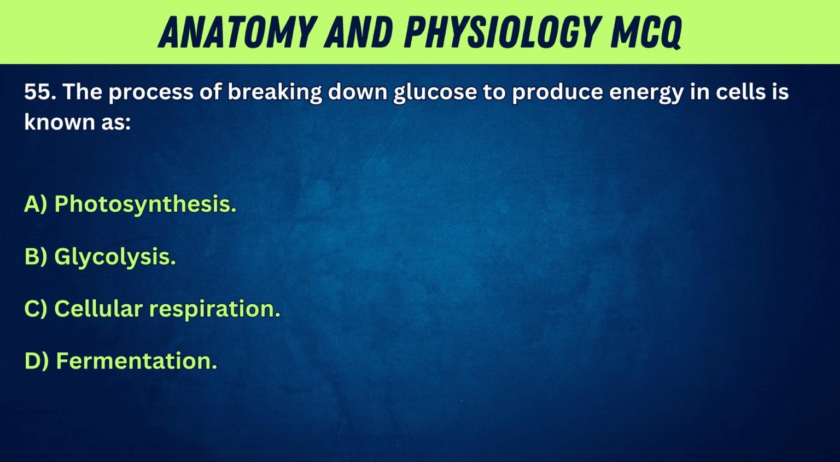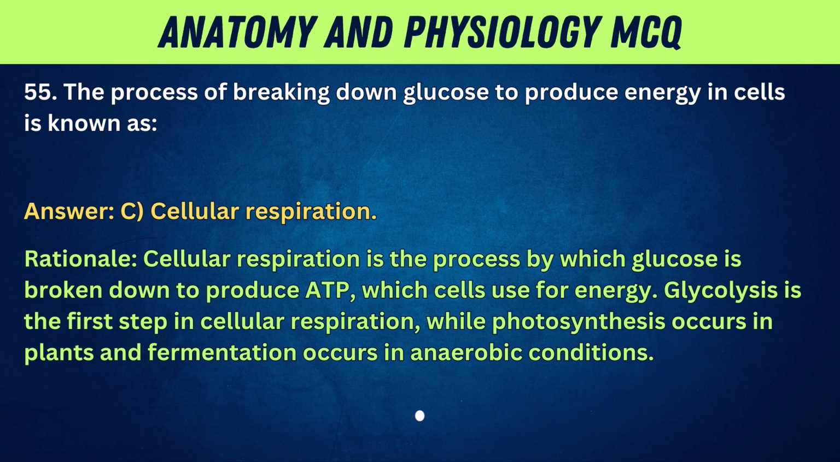55. The process of breaking down glucose to produce energy in cells is known as A. Photosynthesis. B. Glycolysis. C. Cellular respiration. D. Fermentation. Answer: C. Cellular respiration. Rationale: